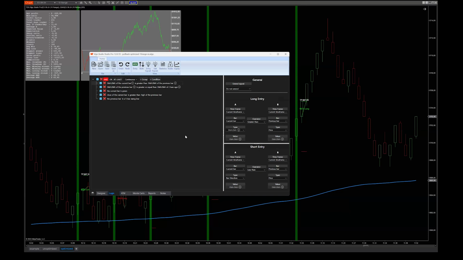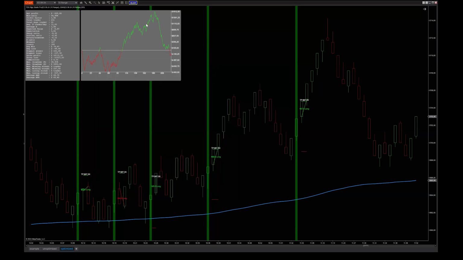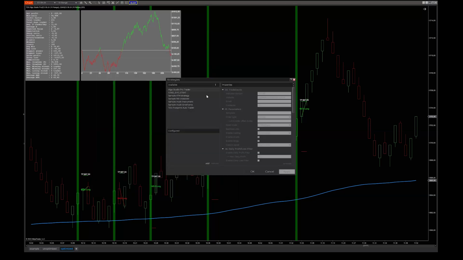Can you create a standalone runtime strategy? No. Like I said, you use the Algo Trader to run the algo live. So the strategy comes with the product. If you buy the product, you get the designer, and you get 2 licenses for the strategy, so you can live trade it on 2 different PCs.